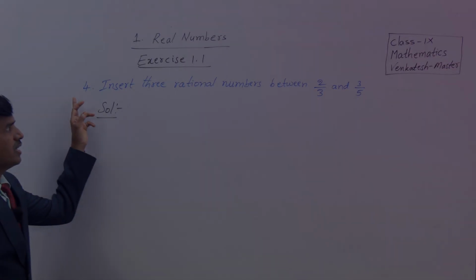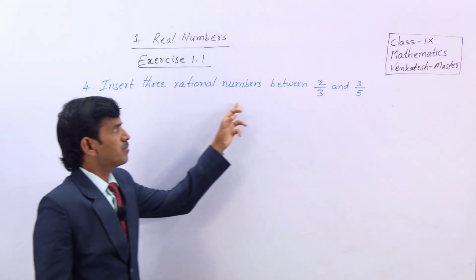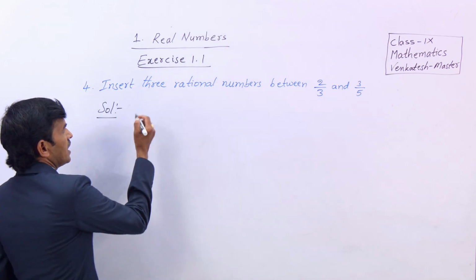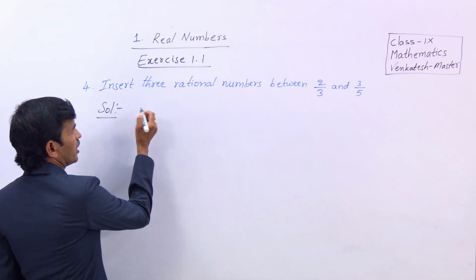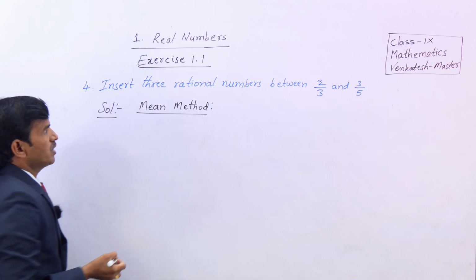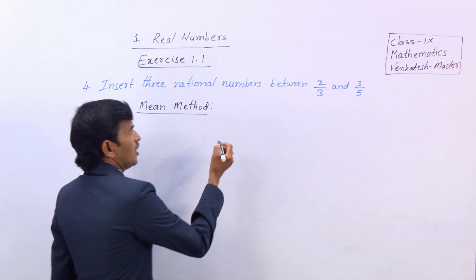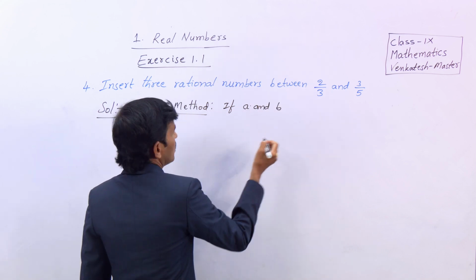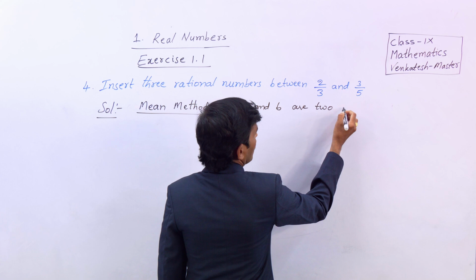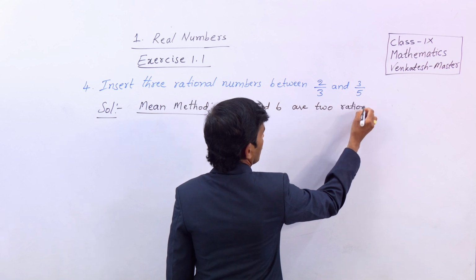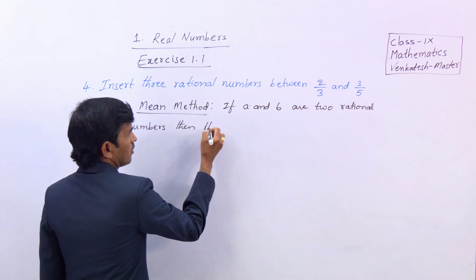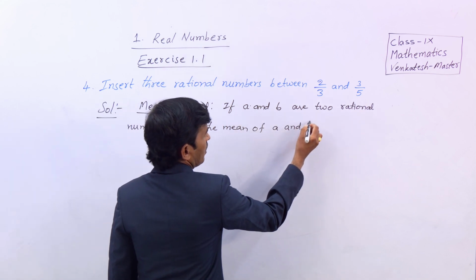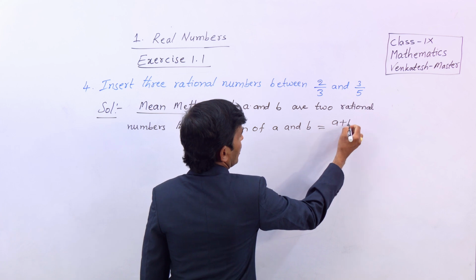Okay, we are going to insert 3 rational numbers between 2 by 3 and 3 by 5. Let us solve this by using the mean method. What is the mean method? See, if A and B are 2 rational numbers, then the mean of A and B is equal to A plus B